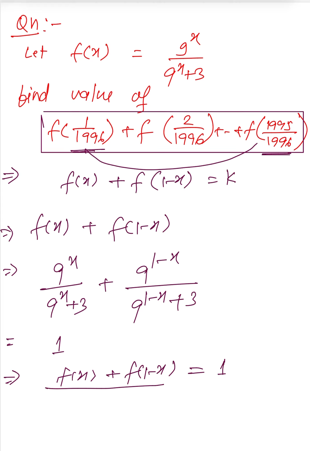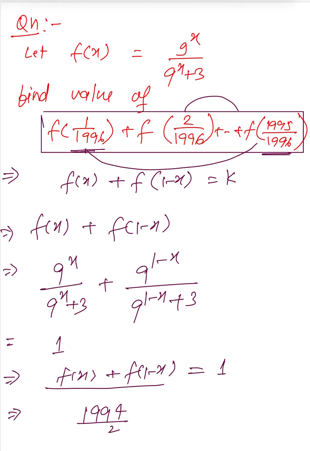We have f of 1 plus f of 1995, and again f of 2 plus f of 1994 upon 1996. So in this way, we will get